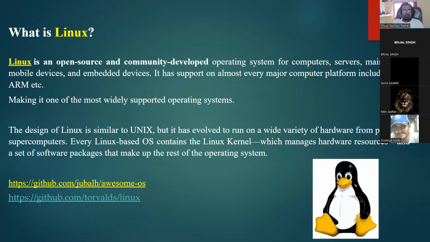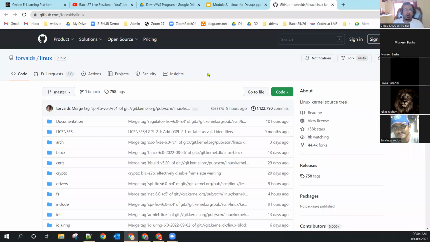What is Linux? Guys, give me the answer quickly. Open source, code is freely available over the internet in GitHub. What do you mean by open source? If you're using the keyword open source, what does it mean? Code is freely available over the internet. Code is available in GitHub. Go to this place, the code is already there.